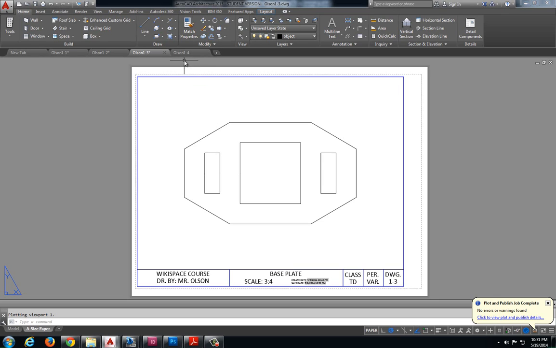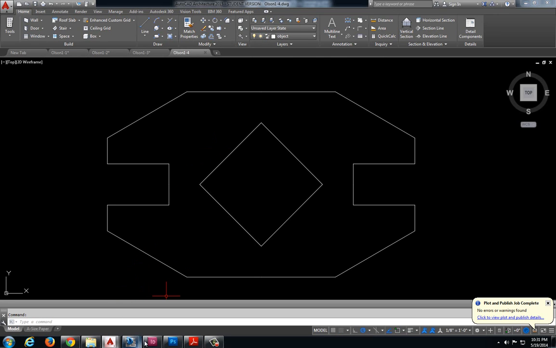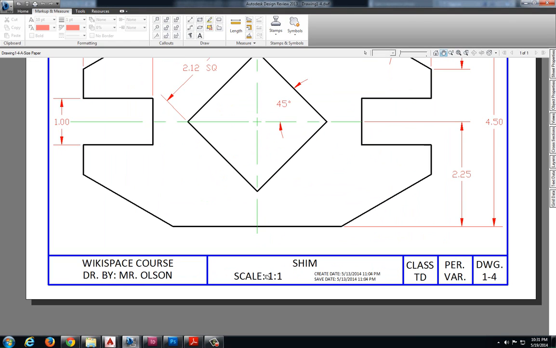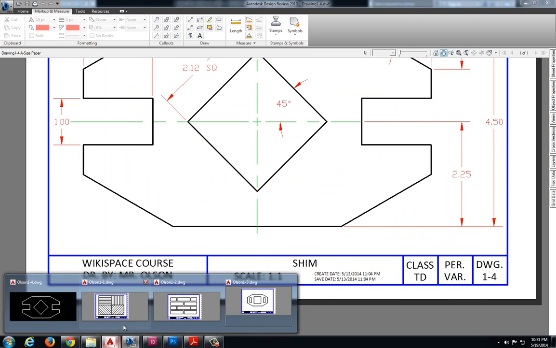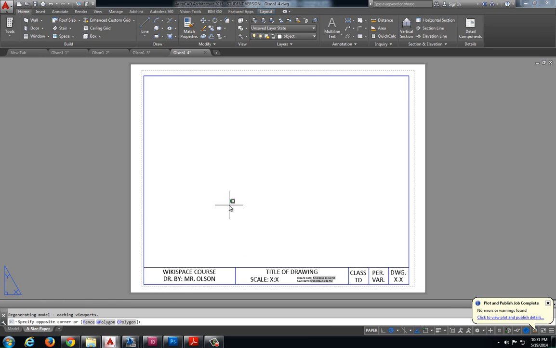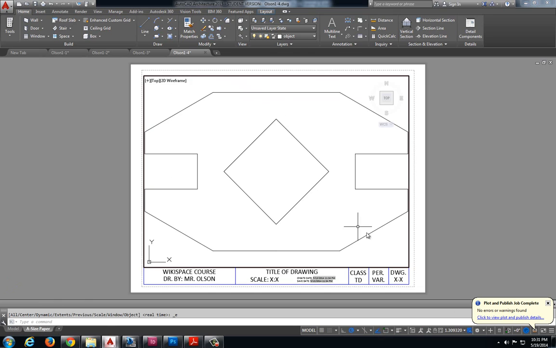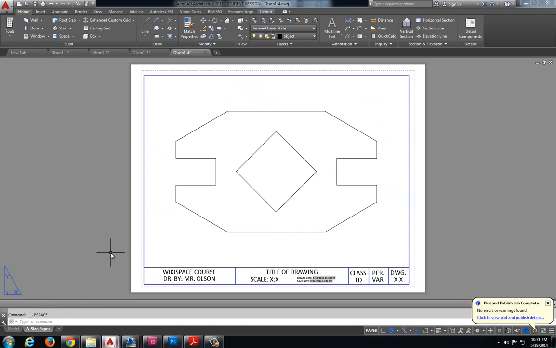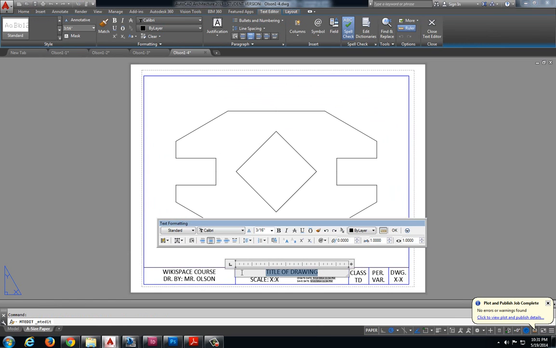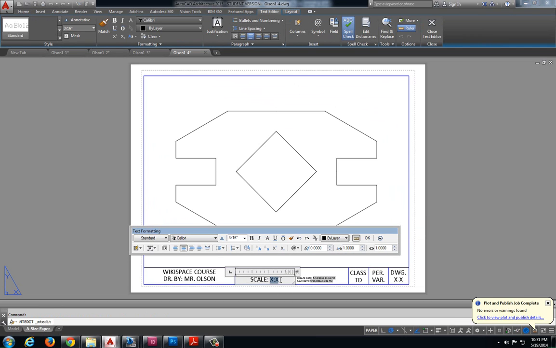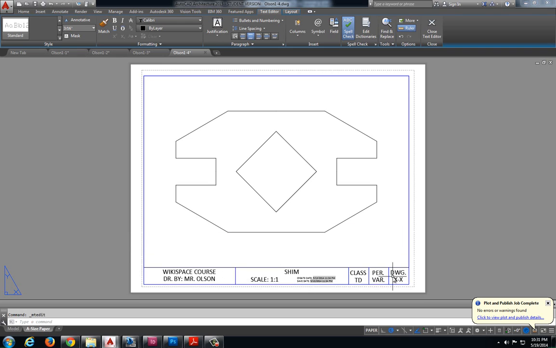Let's jump ahead to 1-4. 1-4, which is our shim. Nothing too special, scale 1:1. It's a shim, drawing 1-4. Jump over to paper space, activate the viewport, bring our drawing into our viewable area, 1:1, deactivate the viewport. Title of the drawing was shim, scale 1:1, drawing